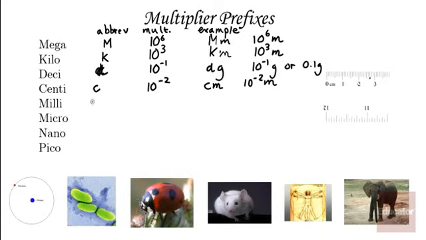Milli, prefix small m, and yes, there can be a confusion between milli and meter, and indeed you have to get used to the fact that the same symbol may be used for several different things in scientific description. The multiplier is 10 to the negative 3, and just to show you where that may come in as confusion,